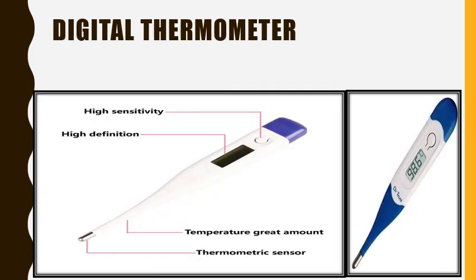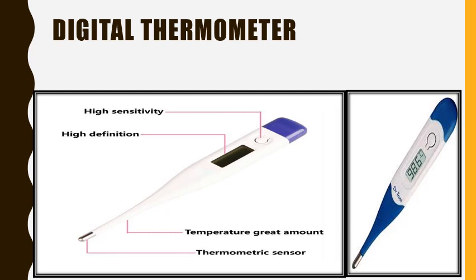Nowadays, to measure the human body temperature, a digital thermometer is used. The digital thermometer is an electronic device and it measures temperature. It is not made of glass and does not contain mercury or alcohol. It works on a principle which is different from that of liquid thermometers. In this thermometer, we read the temperature on the LCD display and press a button to reset the thermometer.